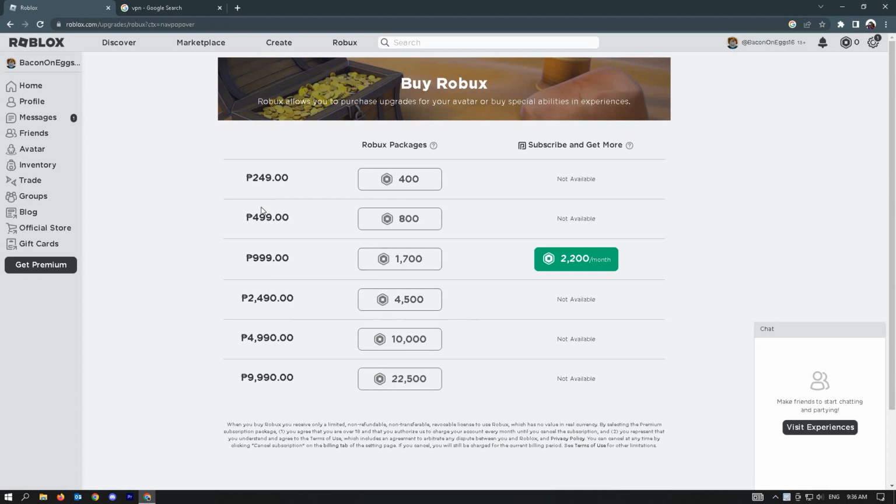So how do you actually change this? So by default, your currency is set by where you signed up or where you created your Roblox account. So if Roblox detected that you're specifically from the Philippines, they will assign that currency to your account. To get around this, we first have to check a few settings to have a better understanding of what we